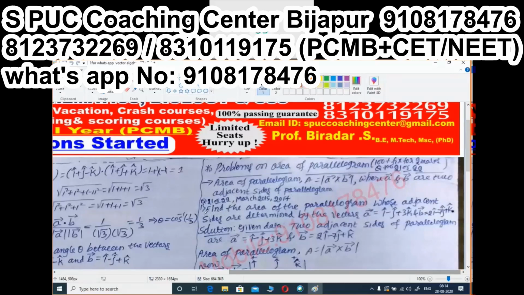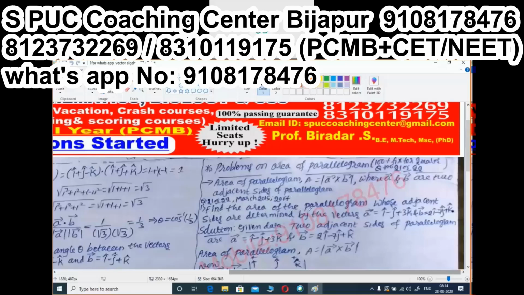See here, first problem, you can write as question number 21 or 22. In your main exam it is going to appear as a 21st or 22nd question. Already this problem was asked in the year 2015 March as well as 2017. Let us take the question here.